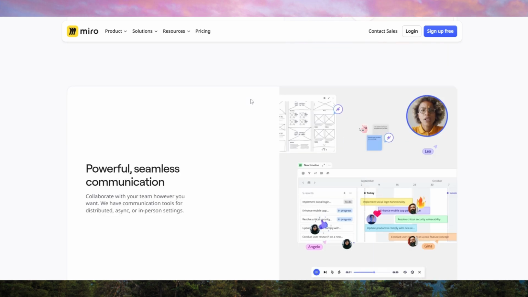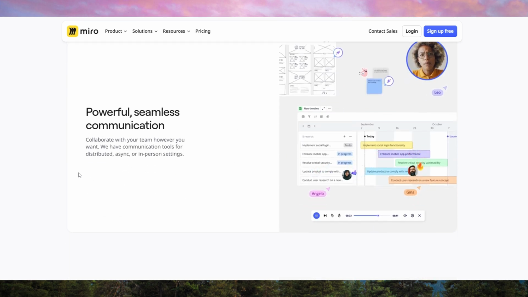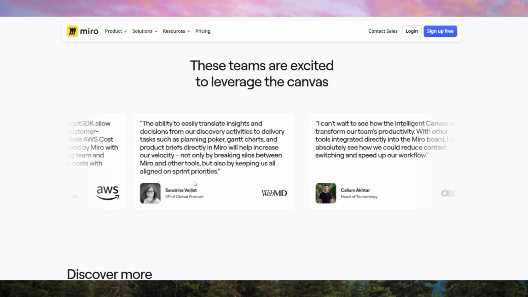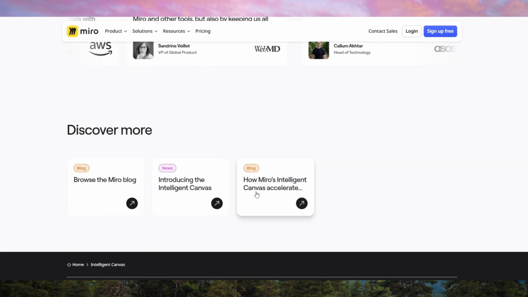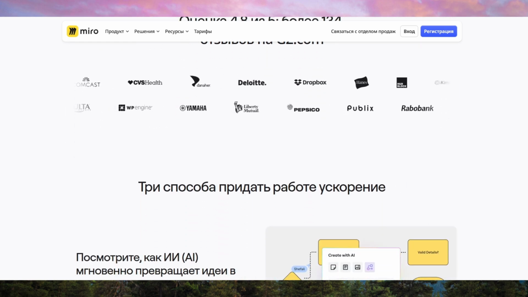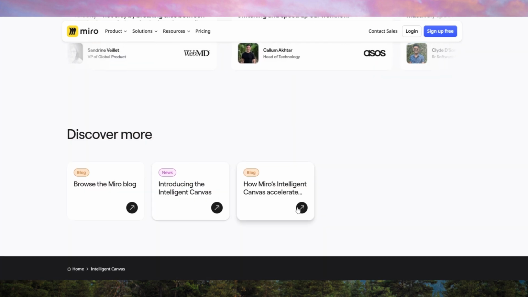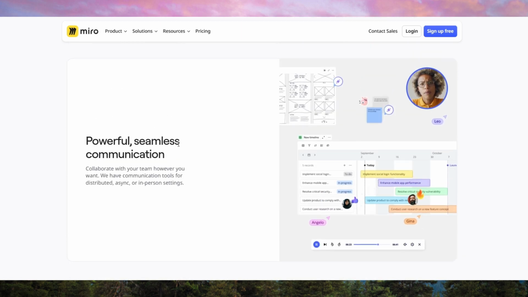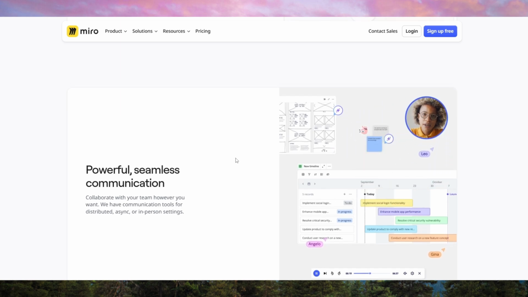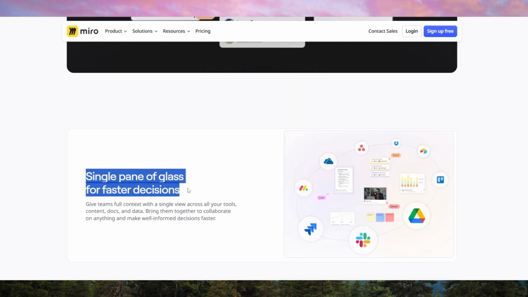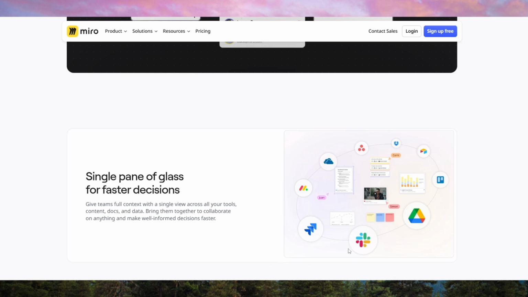tools and options. Additionally, the free plan, while useful, has limitations on the number of editable boards, making it less practical for long-term use without upgrading. Paid plans start at a reasonable price, offering unlimited boards, enhanced collaboration features, and advanced security options, making them a worthy investment for businesses. In conclusion, Miro is a game changer for visual collaboration, offering robust features to meet the